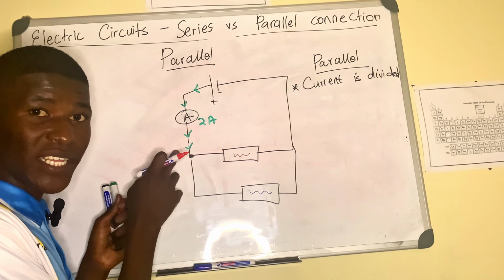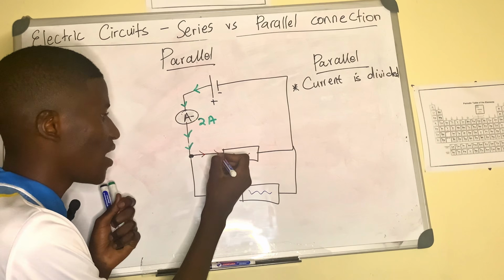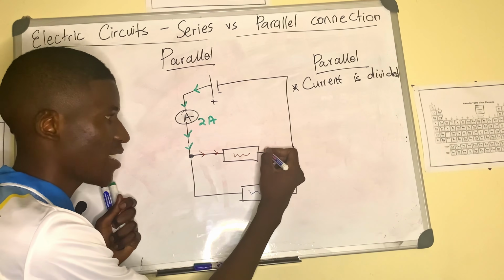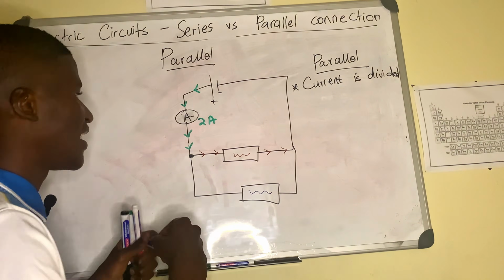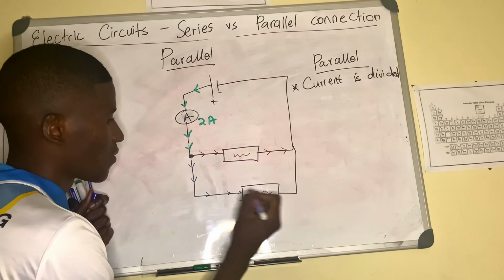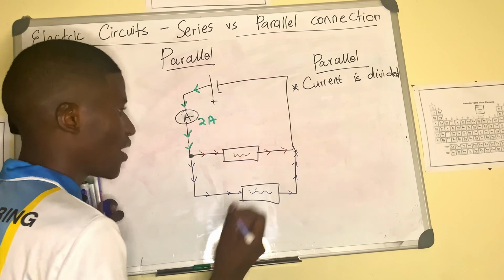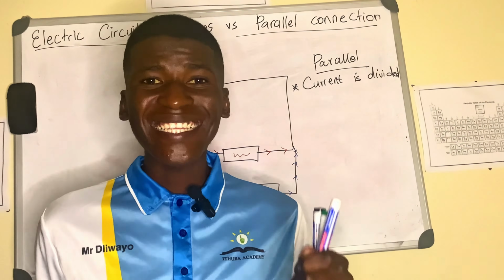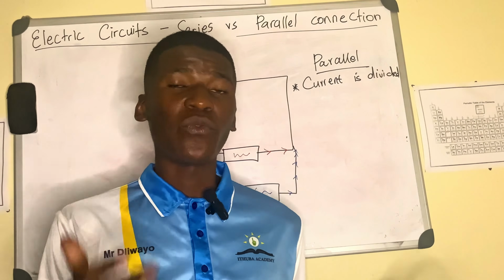So this total current, represented in green, I will split it, and then I will say this is it taking this path, right? And it goes through this resistor, and then it comes out. Or it can happen that this current can take this path, and then it goes into this blue resistor, and then it comes out. Look at this carefully. This current was split, guys. When we are splitting something, we are dividing it, not necessarily equally, but we are dividing it.